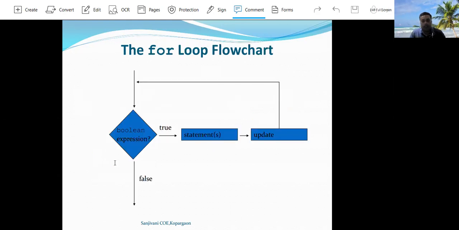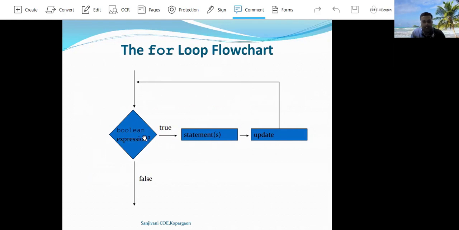Here the flowchart of the for loop statement is shown. In the flowchart, whenever a Boolean condition is true, that number of times the statements written inside the for loop are executed. Once a statement is executed inside the for loop, it will update the loop variable, and again it will check the Boolean expression.